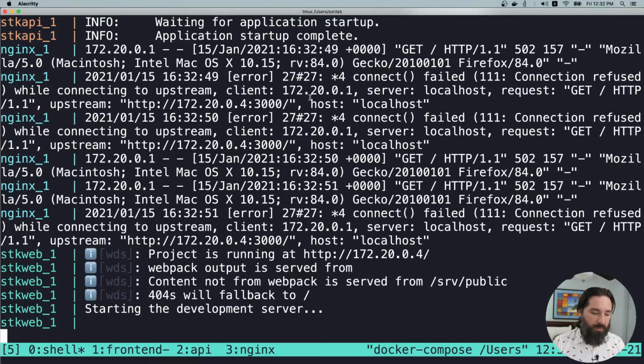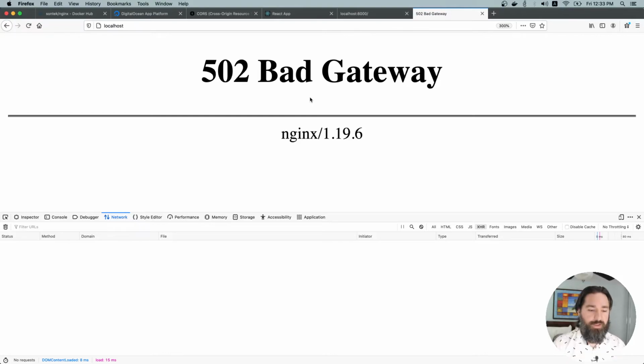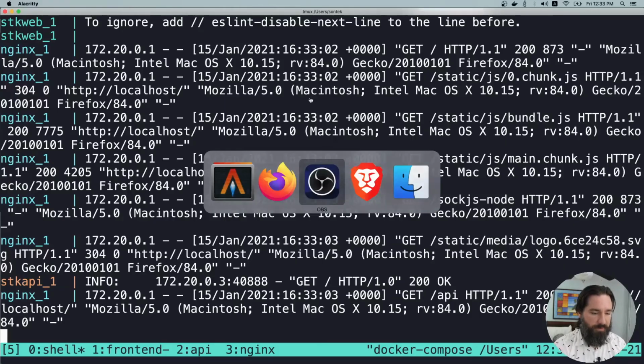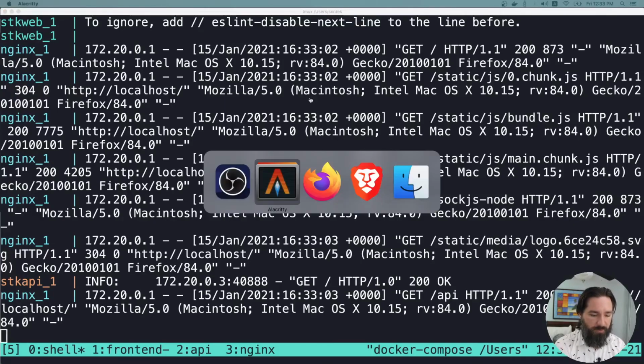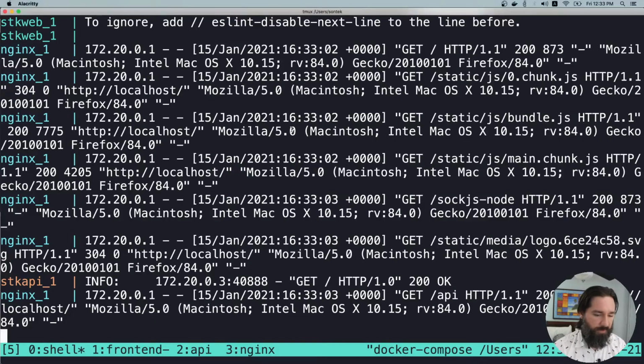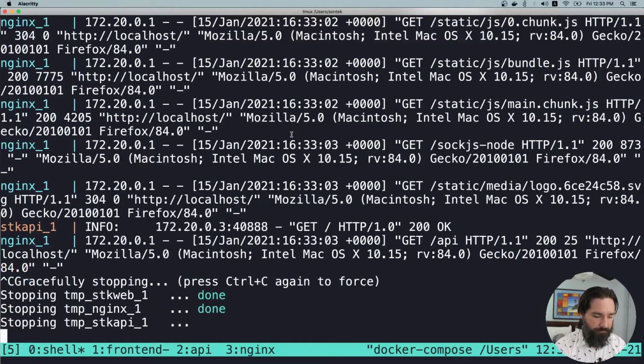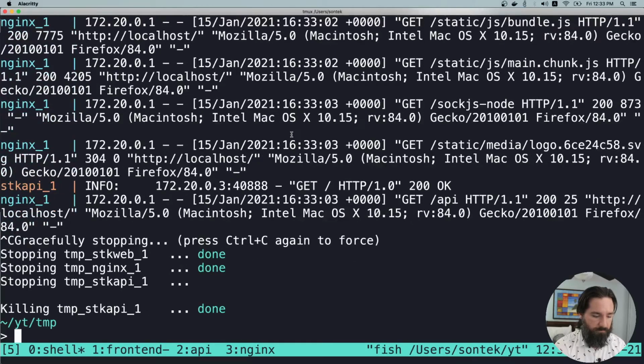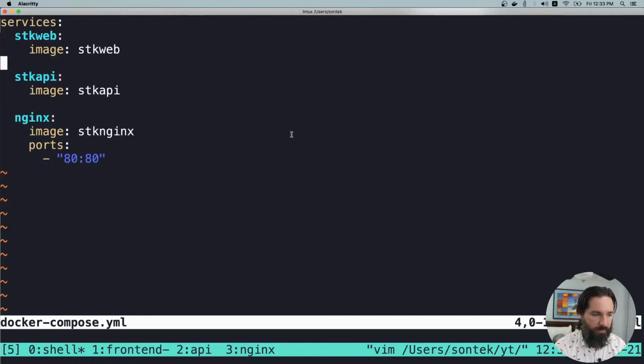But like we did with our Docker run commands, you don't want to have to depend on rebuilding to get the latest code. What you really want to do is use volumes. And so you can use volumes inside this Docker Compose file as well. So you can just say,